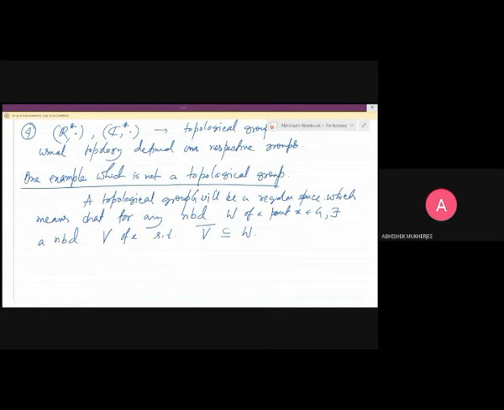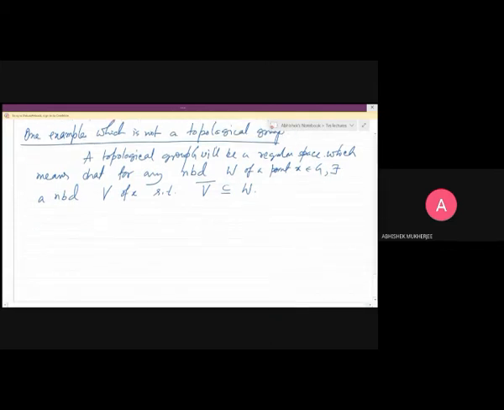So an example of a non-regular topology will be, suppose G is an infinite group, an infinite additive group,